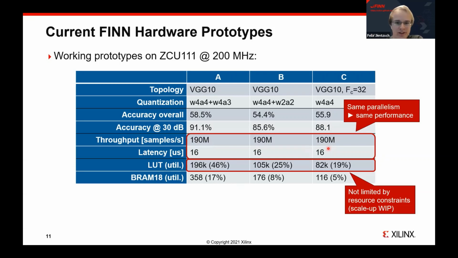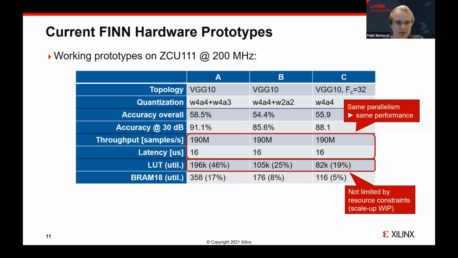And also what you will notice right away is that all of the 3 prototypes have the same performance. And that's actually because of the reason that Yaman mentioned already. They are not bottlenecked by the device resource constraints right now, as you can also see by the utilization numbers here. Instead, they are bottlenecked by a FINN tool flow limitation that prevents us from processing multiple samples in parallel. And this limits the amount of unfolding that we can apply to the accelerator. So you only see the resource footprint decrease here, but you don't see the throughput increase. And we are currently working on this bottleneck to further scale up the performance, of course.